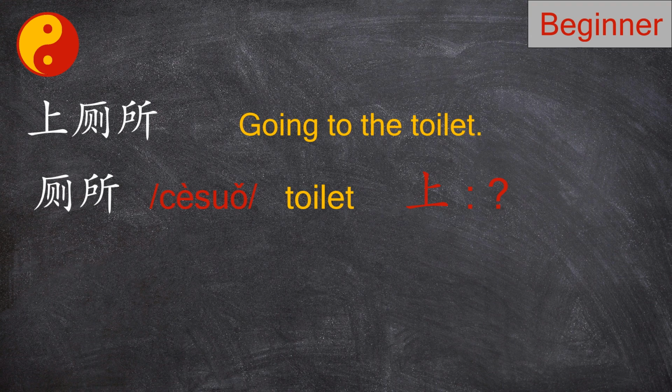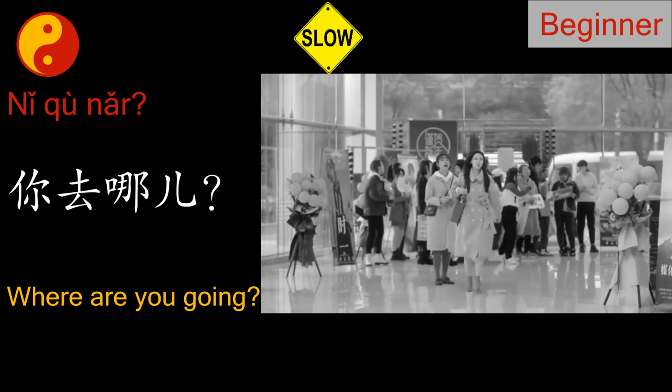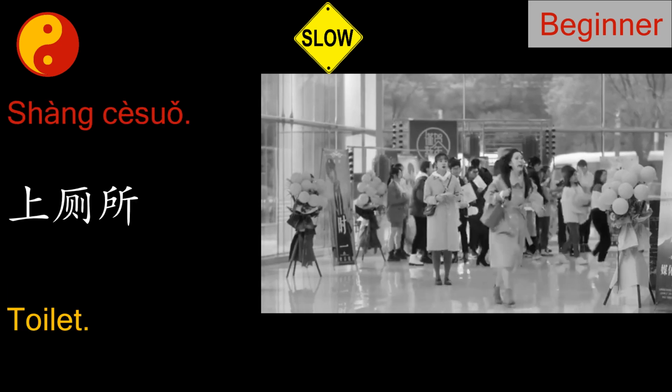上 has many different meanings. Here it means go to, leave for. Another example. 他今天上北京 He's leaving for Beijing today. 你去哪儿啊？上厕所。